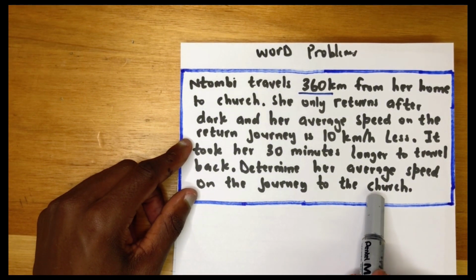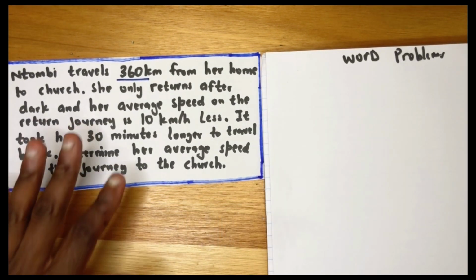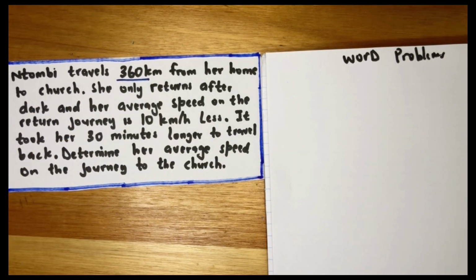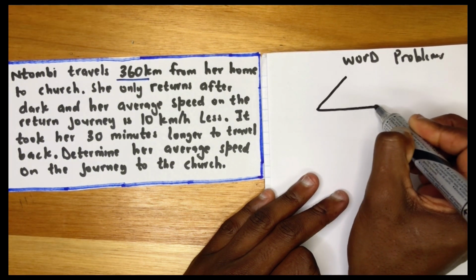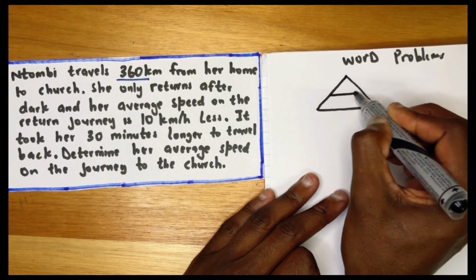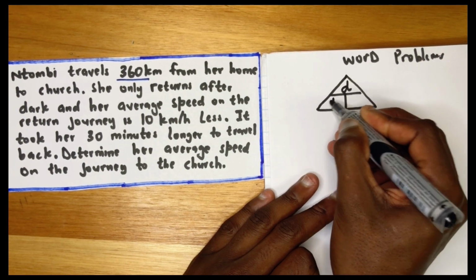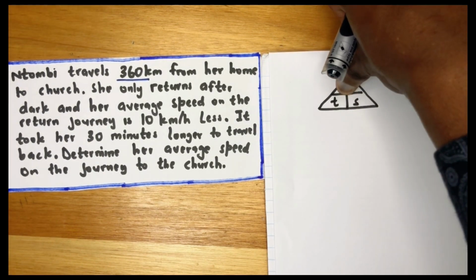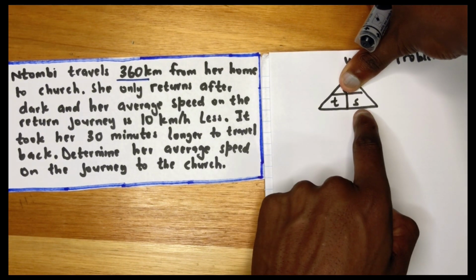Right? So we have this scenario, guys. Remember, in this scenario, we're given the speed and the time and also the distance. So remember that formula that you did in grade 10, grade 11. So that you have here the distance, we have time, we have speed. So we know that the distance is equal to time times speed,